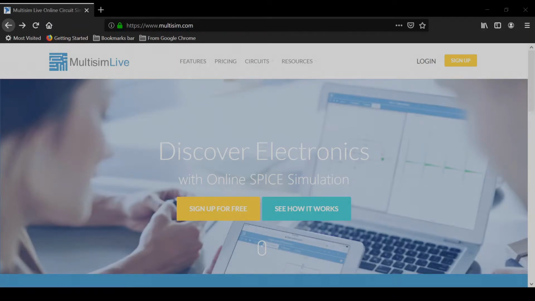This is the MultisimLive tutorial for the Electrical Circuits Lab. What you see here is the web page that should come up when you go to multisim.com. You will first need to sign up